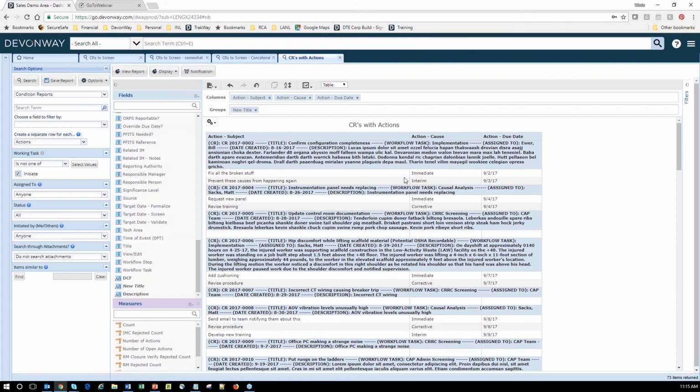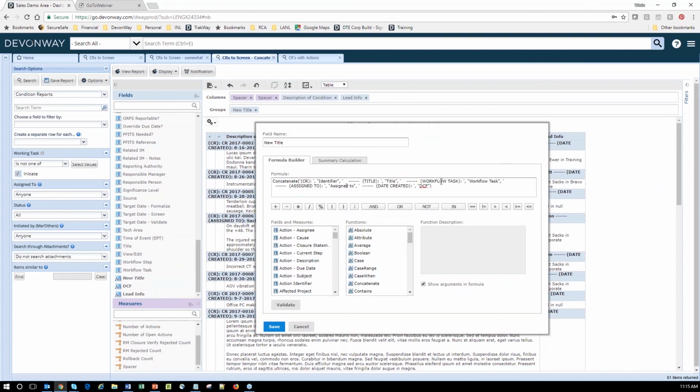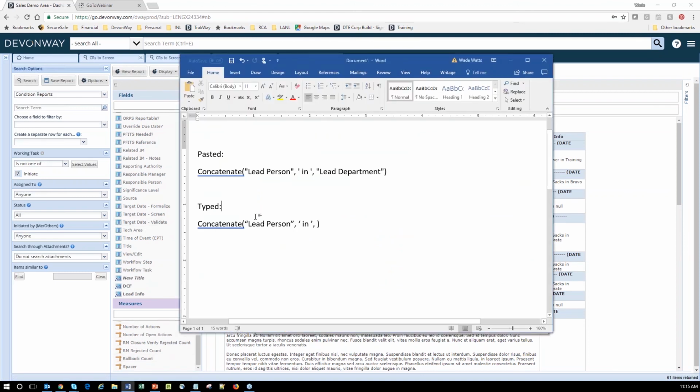So there's one caveat that we need to be very careful of here though, and you need to keep an eye on. For example, what often happens is someone goes to create a calculated field, they may have all of this text and they don't want to type it into this window, and they may want to use Microsoft Word, for example. So there's something you need to be careful of. If we look here in Microsoft Word, I pasted in some information into Word, and you notice these quotes are correct. But if I go in here and type,